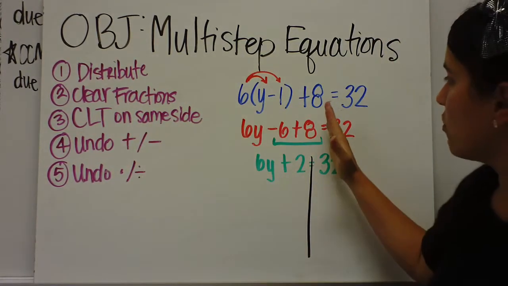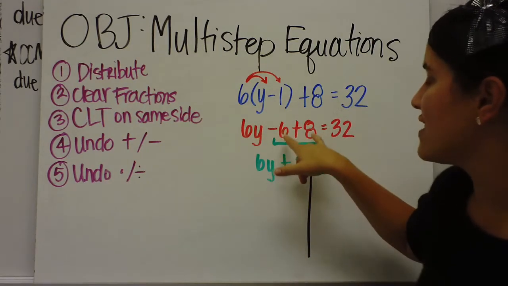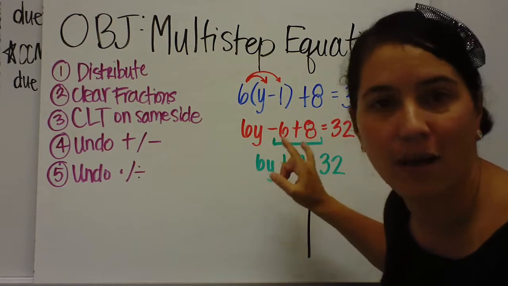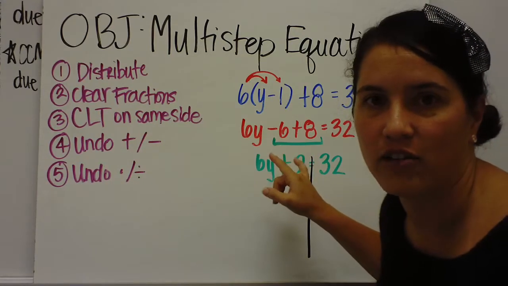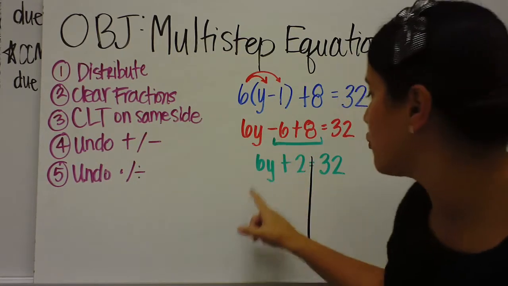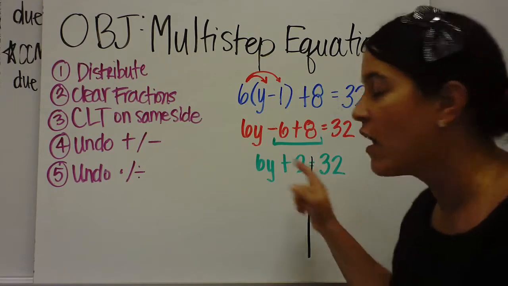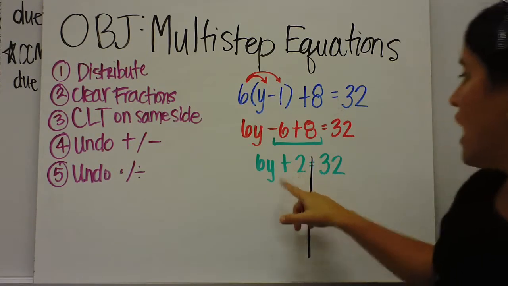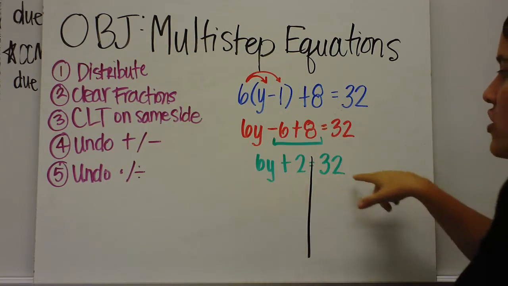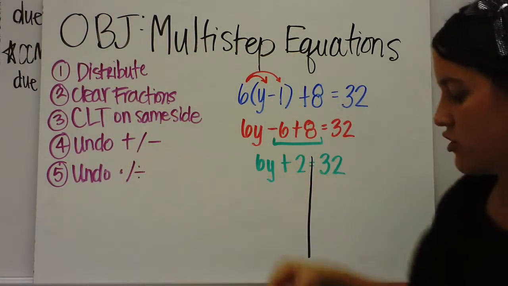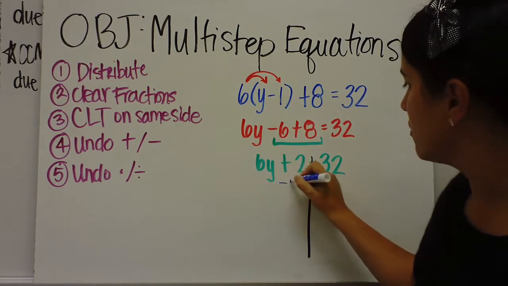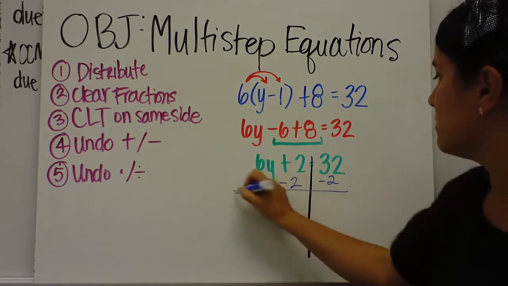On my side of the equals, over here, I have a negative 6 and an 8. So I can combine negative 6 and 8. You don't do the opposite if you're combining like terms. The only time you do the opposite is if you're going over the line. So negative 6 plus 8 is positive 2. I bring everything else down. Now I have a two-step, so I'm going to undo addition or subtraction. So right here I have addition. Going to undo the addition with subtraction,